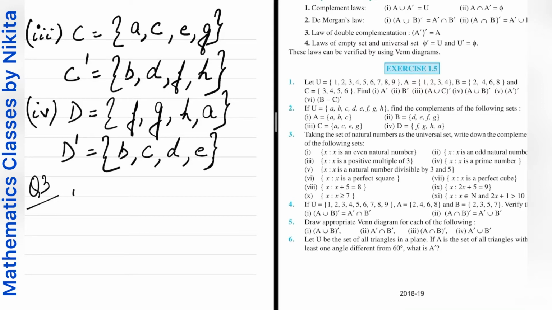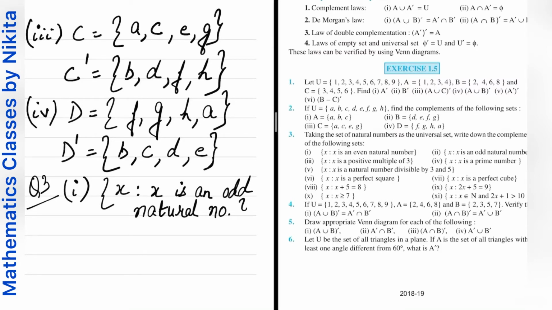Okay. So the first part says that all those x such that x is an even natural number. You have to find its complement with respect to the natural numbers. So set of even natural numbers. इसका complement क्या होएगा? The set of all odd natural numbers. So I will write that odd natural numbers. So all those x such that x is an odd natural number. So you have to write in the set builder form only. Okay, because the question is given in set builder form.